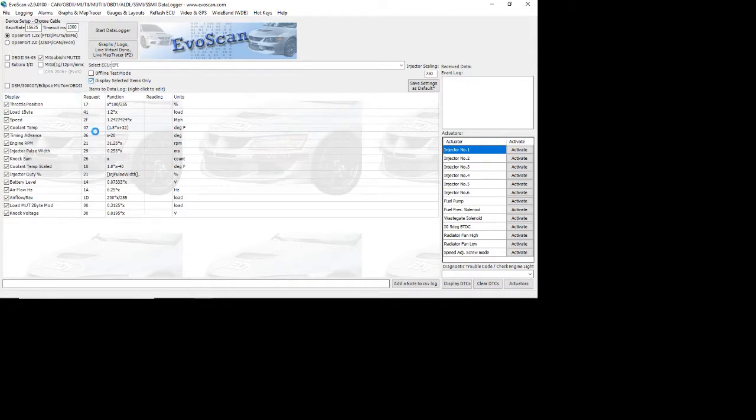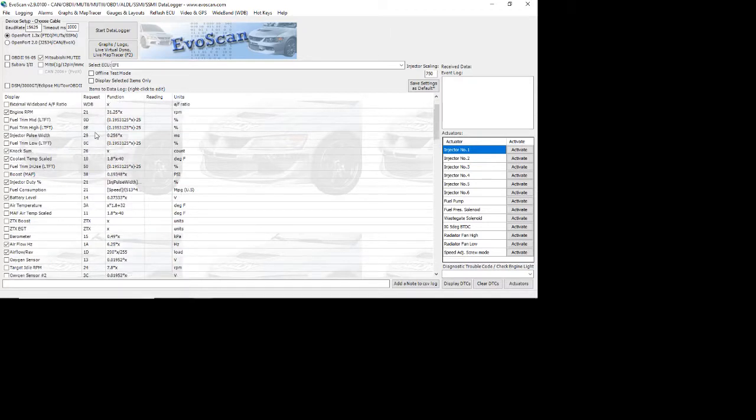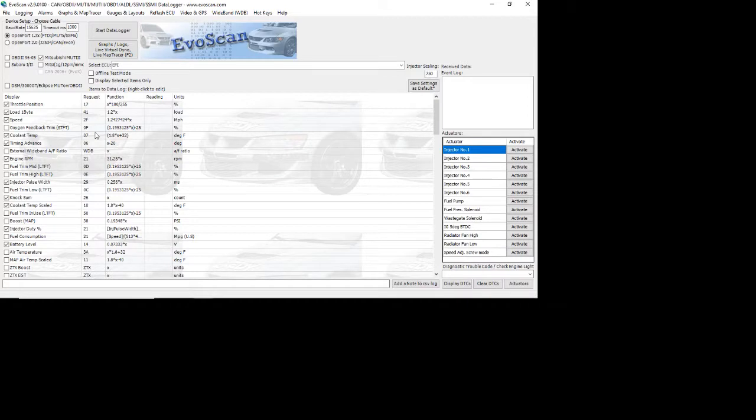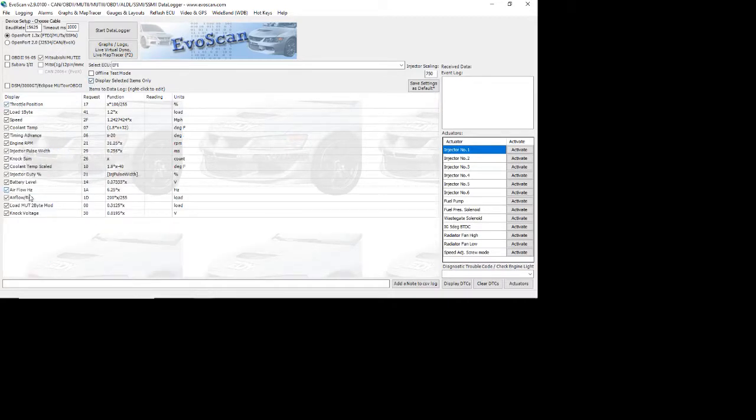Now there's a bunch of other stuff too. I run open loop tuning. I have closed loop disabled, so I don't need to worry about any fuel trims or anything like that. But if you are still using closed loop and you still have a factory front O2 sensor, you might want to log it. Just something to keep in mind: the more items that you have selected, the slower your log's going to be, the slower everything logs. So anyway,